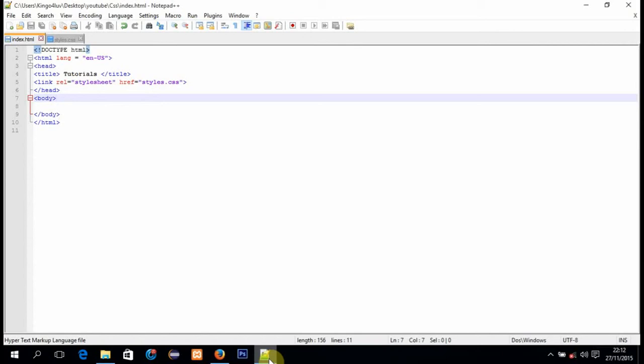Now I'm going to show you the different ways to include CSS on our web pages. The first one is the inline way, adding it to tags. So let's, for example,